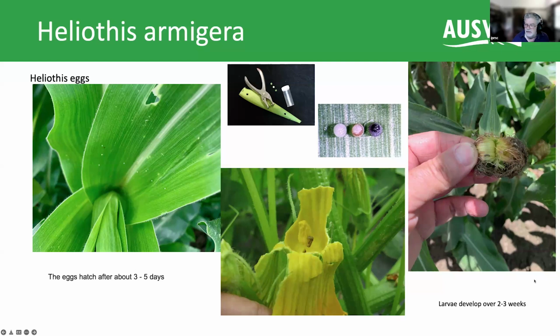As you can see over on the right-hand side there, given any chance, they'll get into the silks and then drill down into the cobs for 2